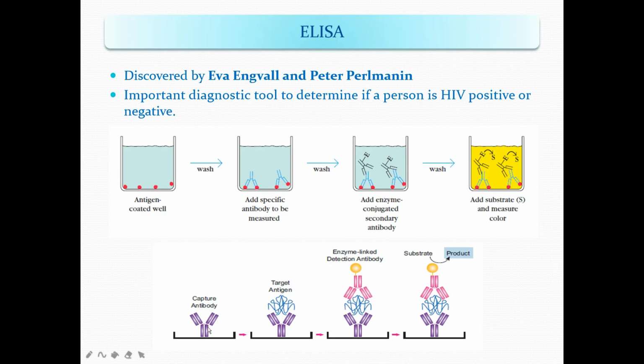So the antibody will capture the antigen, it is fixed. Along with that, the enzyme linked detection antibody will be added and the excess remaining will be removed, and so the number of antigens present in the sample will be equal to the number of antibodies that are binding to this. So when the substrate is added, the enzyme will make the color change and give a colored product. The intensity of the color will determine the amount of infection.